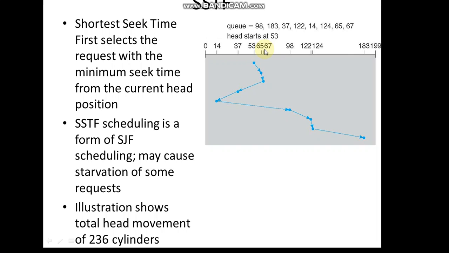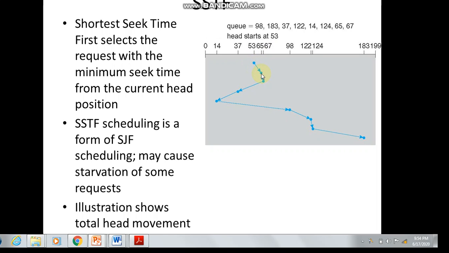The algorithm is working in this way. From the current head pointer, that is from 53, it will first go to the 65th cylinder, because it is the nearest cylinder from the current head position. So right now it is at the 65th cylinder.